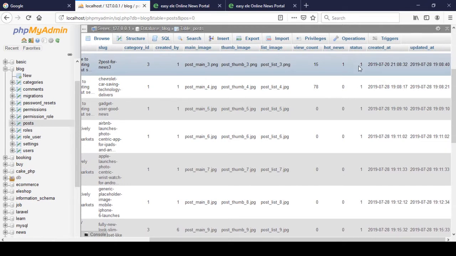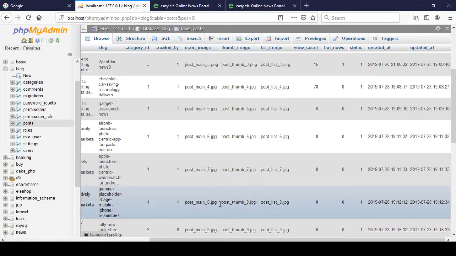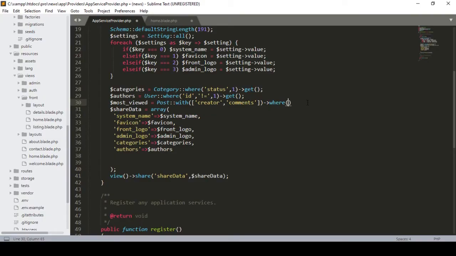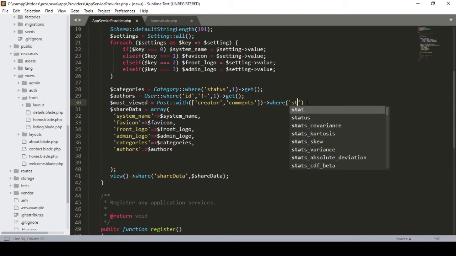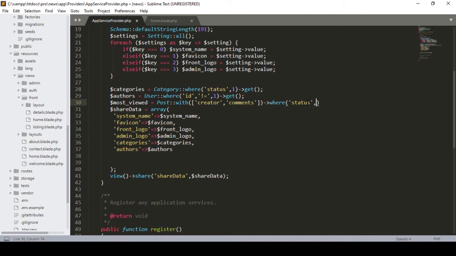Okay, so I hope you can well understand about it. That is the reason I have to define that status. So here I just define a where, and I define our field name. So in our status field, when it is 1, then it should be visible. Okay, and then I